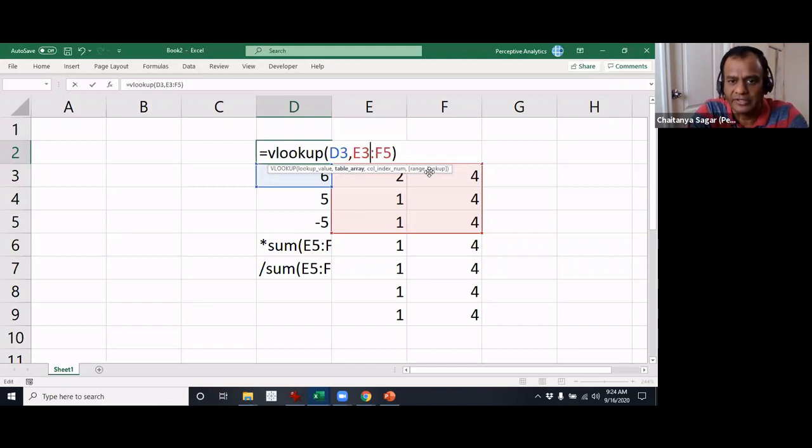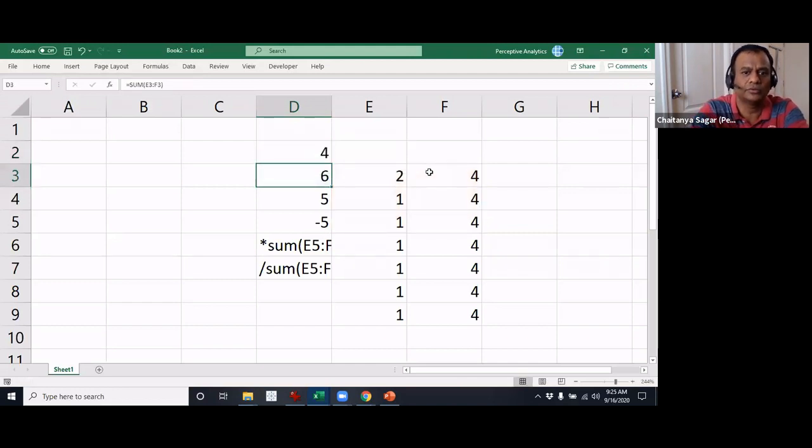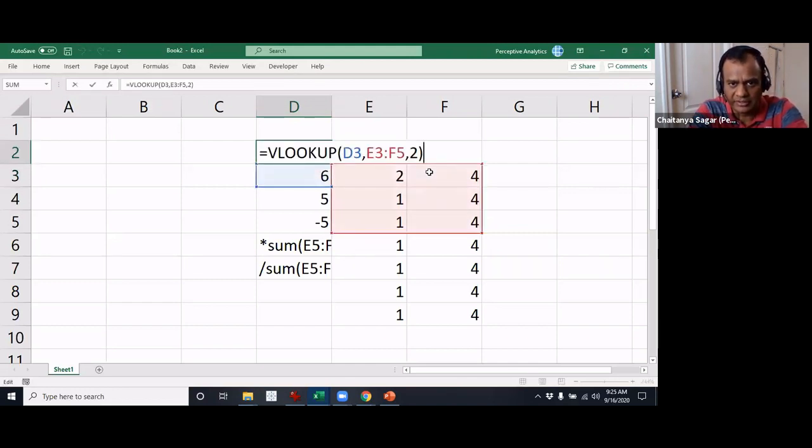Let me just give you an example of this. So column index, let's say I want to say 2, and I hit enter. So it will go through. Okay, 6. Cool. What happened here? We will get back to VLOOKUP a little later, but the main point that I want you to observe here is that even if you did not give the optional one, it still went through.